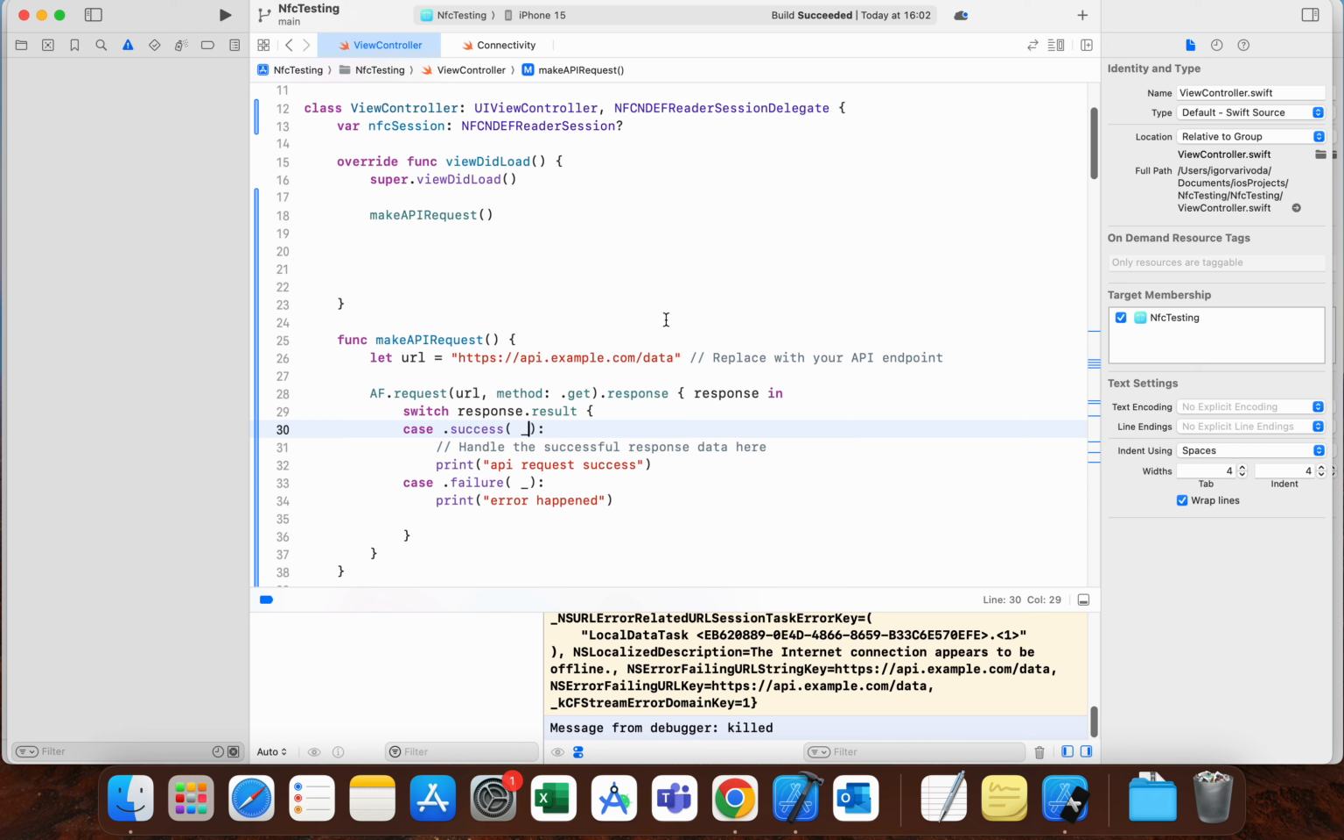Today I will show you how to check for internet connection before or after you make an API request. So here I have an example where we have an endpoint with a URL. We use Alamofire to make a request. This is a GET request, and here we switch on the response result. If it's success, we print that we have a successful request, and if it's a failure, we print that some